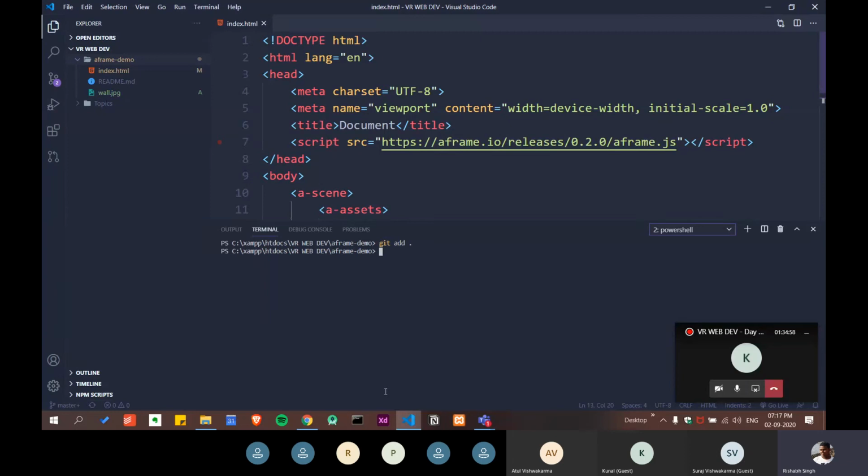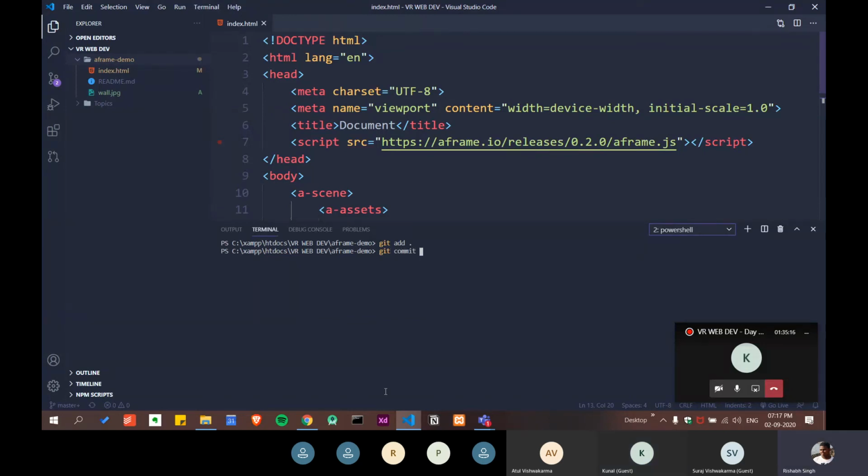Okay, so it will not show you any output, but it is working, it's doing its job. And let's get to the next one. What was the second command? Git commit -m, double quotation, message. Right. Let me just use it.